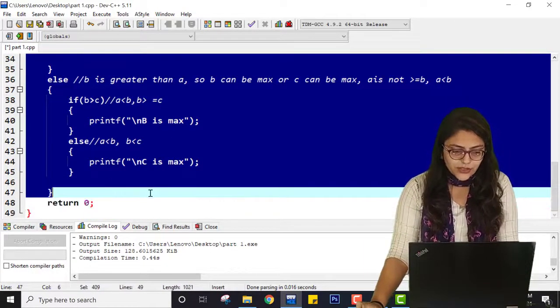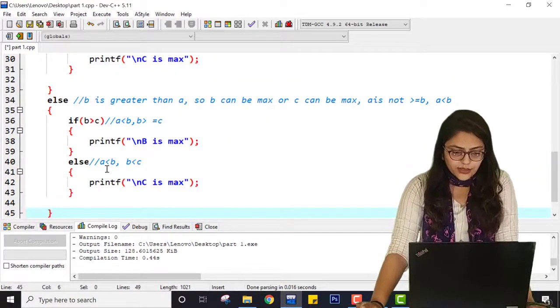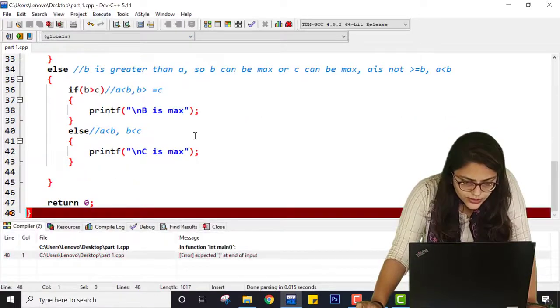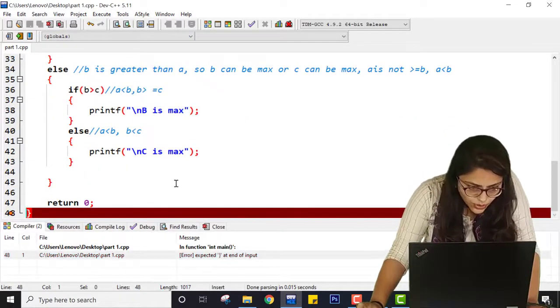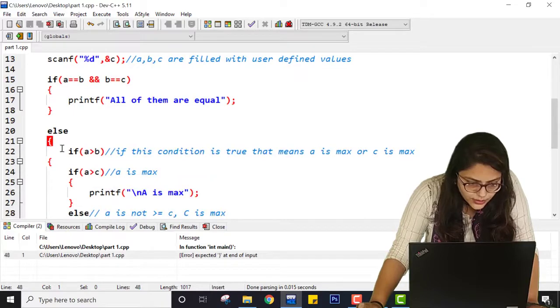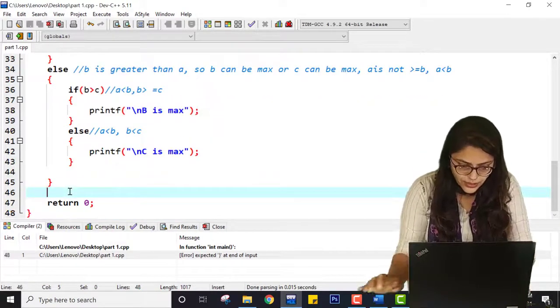If you understand the previous logic of this, then you don't need to understand this. This is some extra knowledge I'm just giving you. So is this an extra bracket? Okay, so here it will start from this else, and one extra bracket for else.